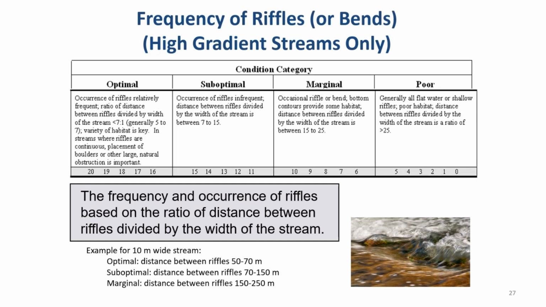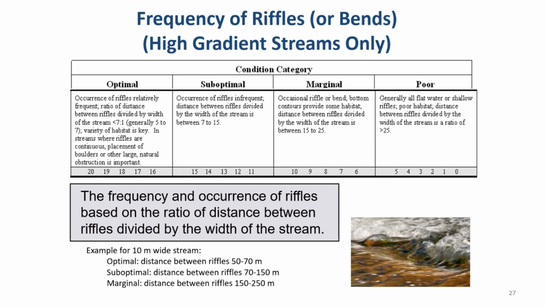If the stream is 10 meters wide, the optimal would have a distance between riffles of 50 to 70 meters. So you're going to want to see at least two riffles within that stream length. But if you are seeing only one riffle, maybe the next riffle you can see in the distance, maybe it's 150 meters between,